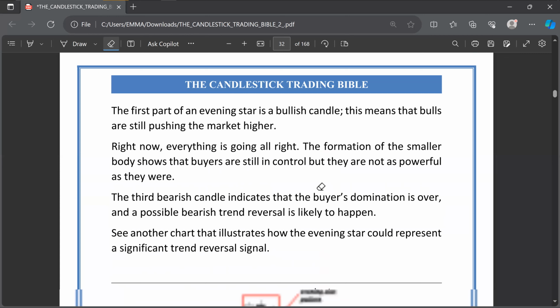The first part of an evening star is a bullish candle. This means that the bulls are still pushing the market higher. Right now, everything is going all right. The formation of the smaller body shows that buyers are still in control, but they are not as powerful as they were. The third bearish candle indicates that the buyers' domination is over. That's the third one. And a possible bearish trend reversal is likely to happen. So let's see another example